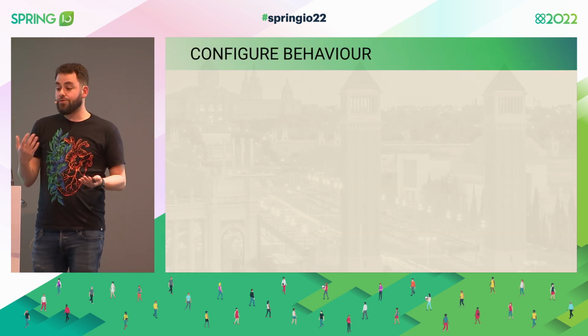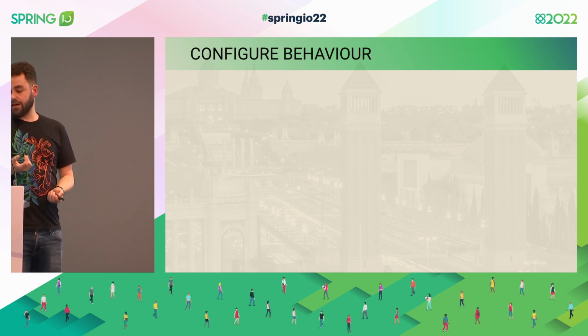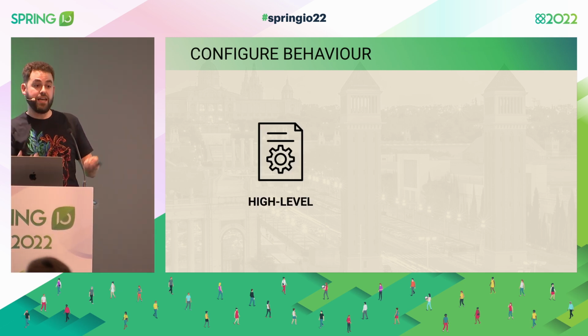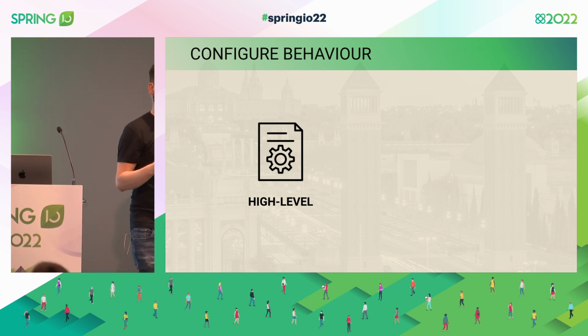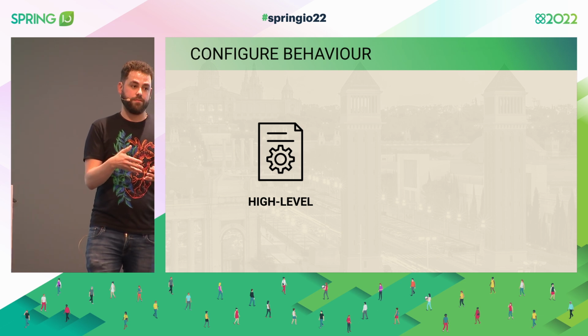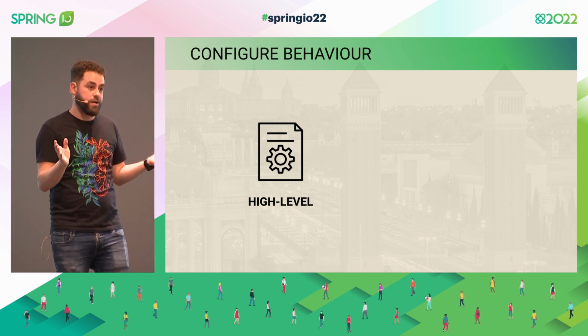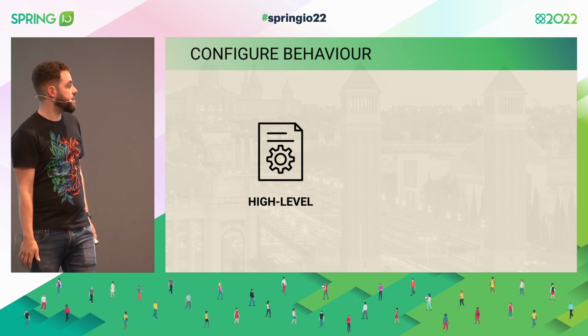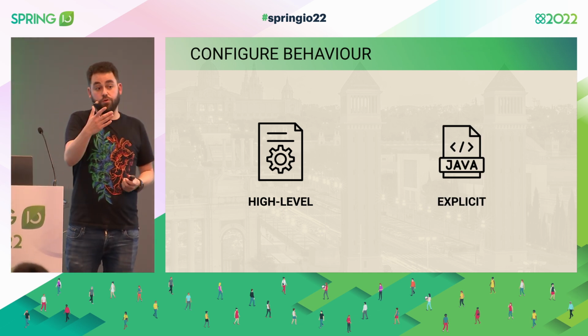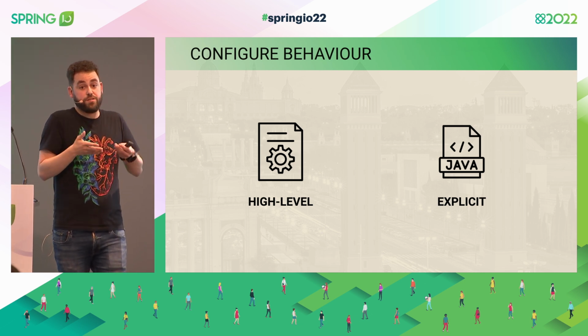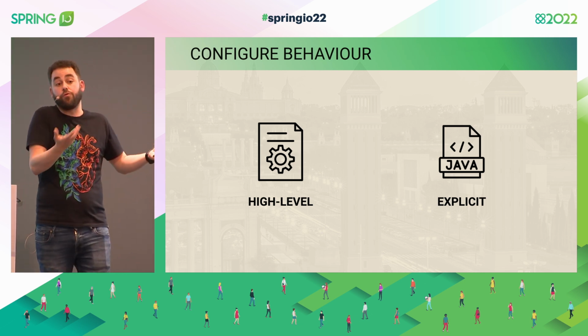There are two kinds of behavior here, the way I see it. On one hand, we have high-level behavior. High-level as in filters, for example, are things that we are not even interacting with. A filter is just in place, doing whatever. I don't notice it. I don't know it's there. And then we also have some explicit things that we are coding in Java, like, for example, WebClient and RestTemplate, classes that we are explicitly using.